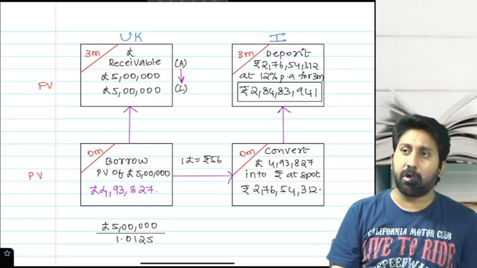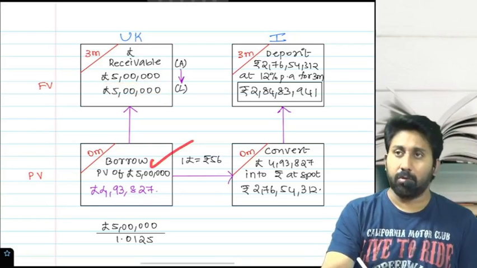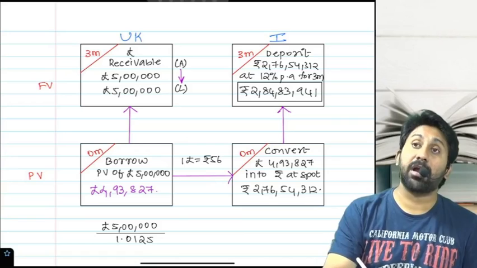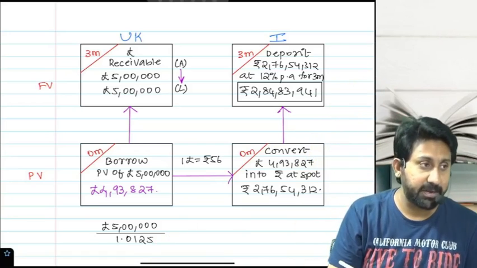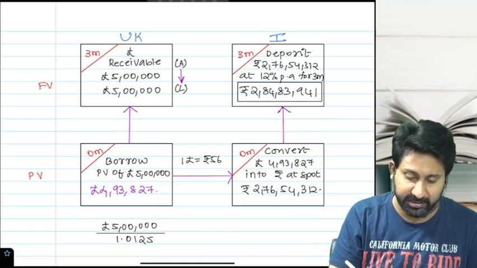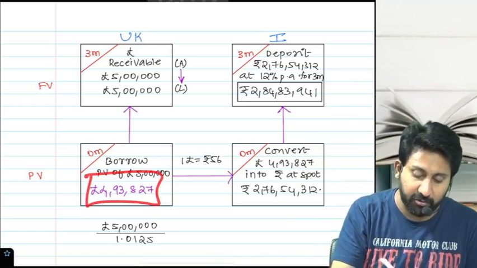You need to deposit a borrow, na, borrow. So borrow. Okay, borrow how much? Borrow at the prevailing interest rates in UK. At that time, what is the interest rate? 5%. For 3/12, it became 1.25%. Means borrowing of